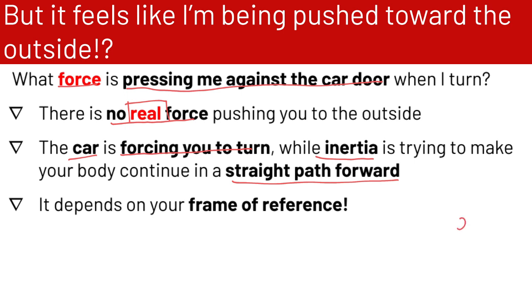So you're in your car, and you're moving forward, but the car is moving on this circular path. That's the centripetal force pulling you into the center. But because of inertia, you want to keep moving forward. But the force from the car is pushing you into the center. That is the centripetal force. That's what's causing you to move in a circle.